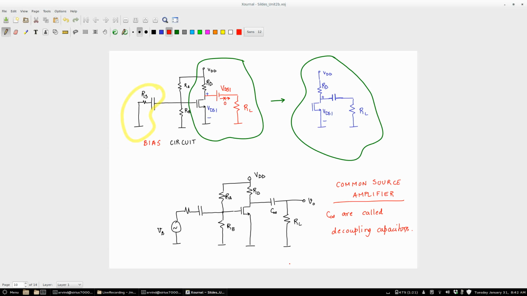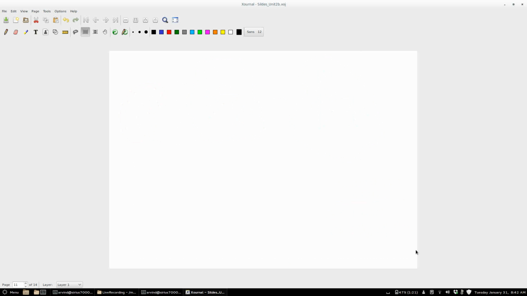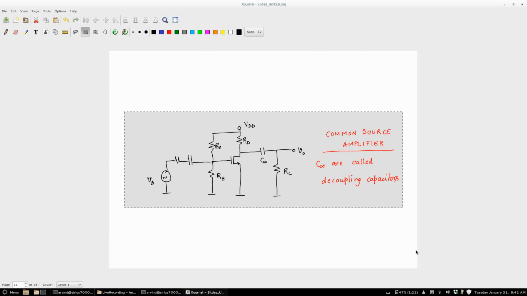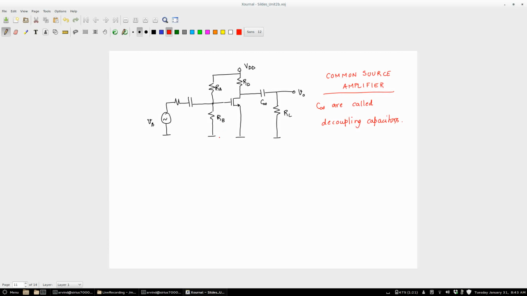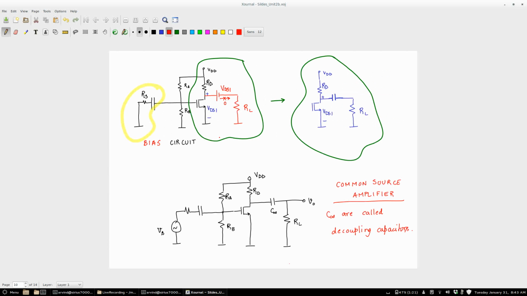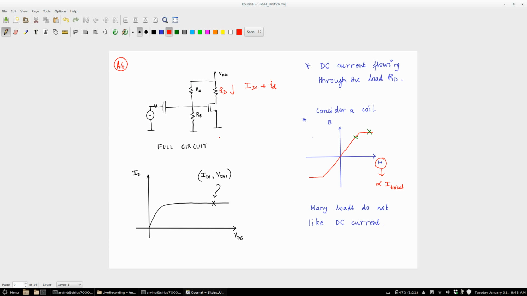Because basically what it's allowing you to do is take the small signal Vs and add it to the bias circuit. Similarly, the C infinity on the right hand side is allowing you to remove the bias component and take out only the small signal component. So it's decoupling the bias circuit from your small signal circuit. Right? Everyone with me on that? I hope so.